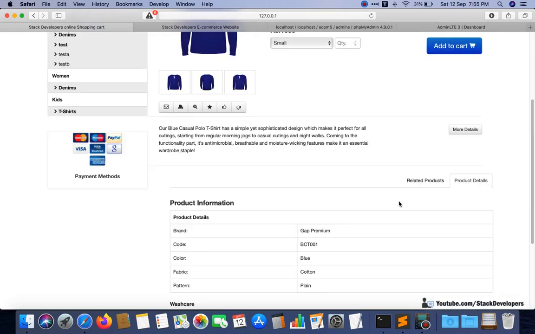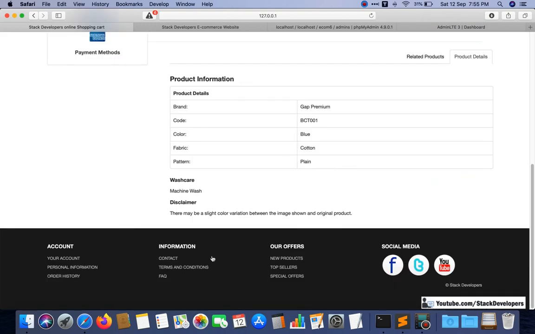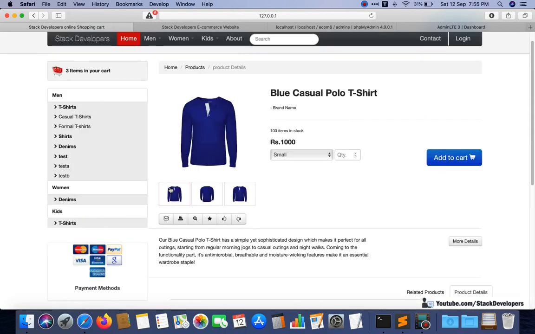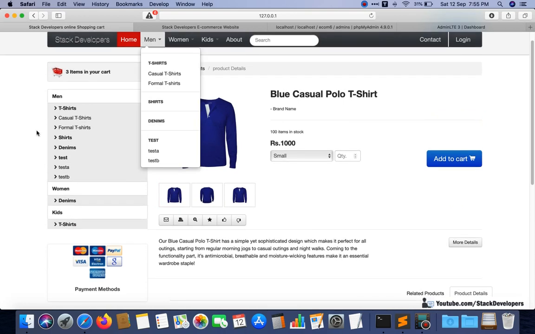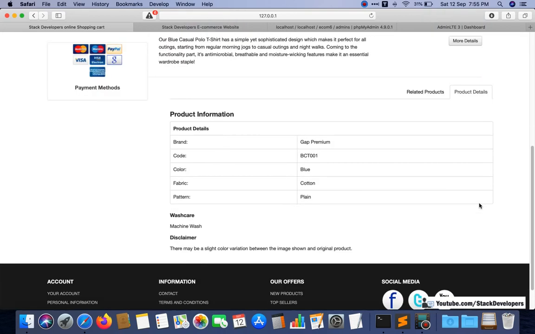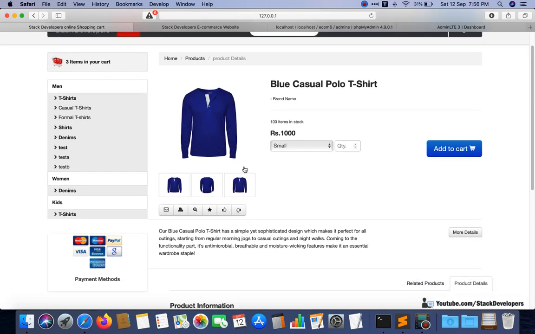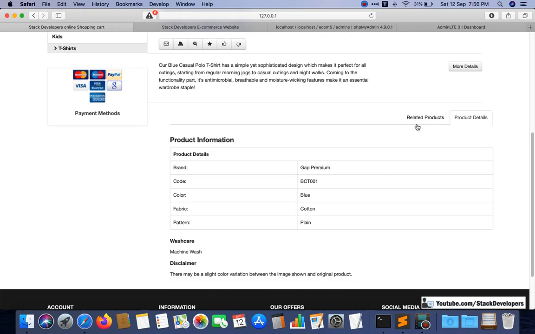Okay, so now the detail page is working fine. See, this is static, not dynamic. So now we are able to append the detail page in our Laravel website. You can see the left sidebar is coming dynamically. The header, left sidebar, and footer are all coming dynamically, and this portion is coming statically, which we will make dynamic in the next video. But the design is coming fine now, images are also coming, and everything is fine.